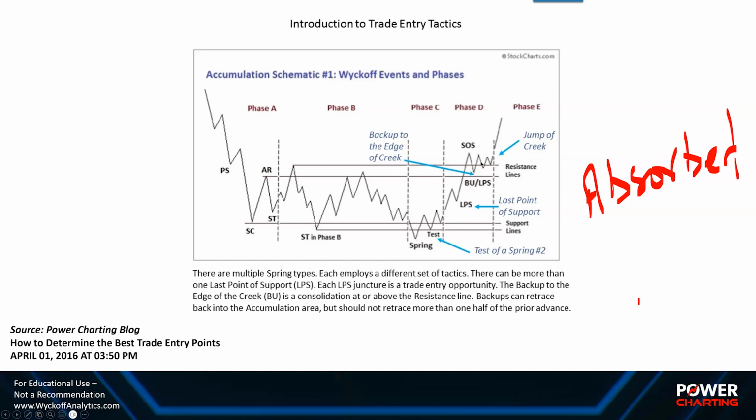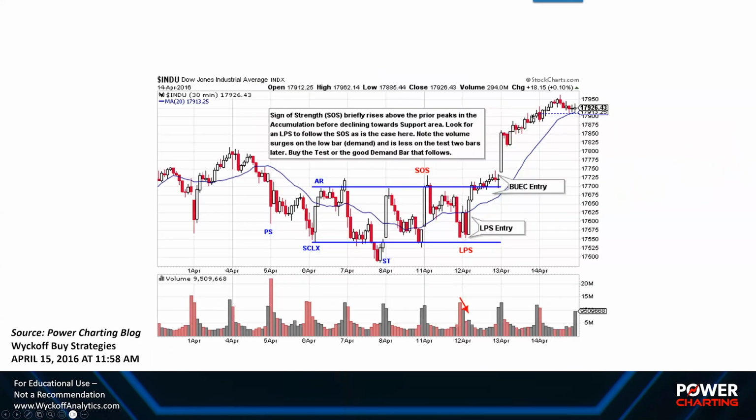And these institutions are, for the most part, very, very good at what they do, the ones that follow the composite operator types, because they are getting in early as accumulation is completing. The other institutions will come on later and later as the uptrend is defined. So keep that in mind. And the entry points are on the spring, on the last point of support, more on that in a minute, and then on the backup LPS, which is off the jump across the creek, which starts the uptrend.